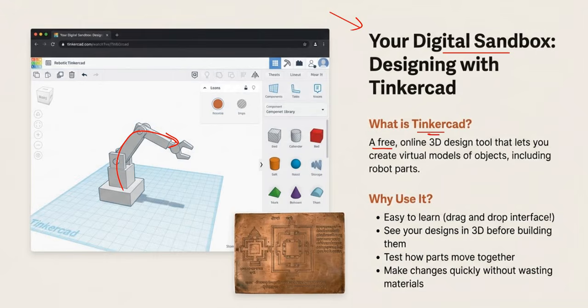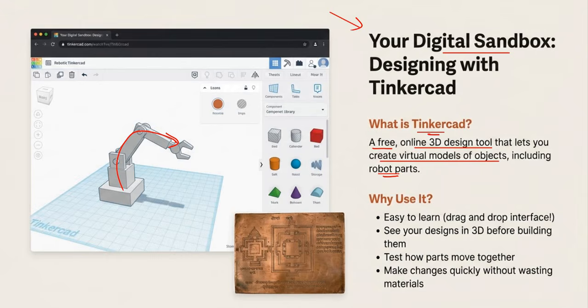First of all, it's a free online 3D design tool, and it lets you create virtual models of objects, and that includes robotic parts, so you can be your own little engineer. You don't have to buy the components. First, you just try to imagine, and try to make it using Tinkercad.